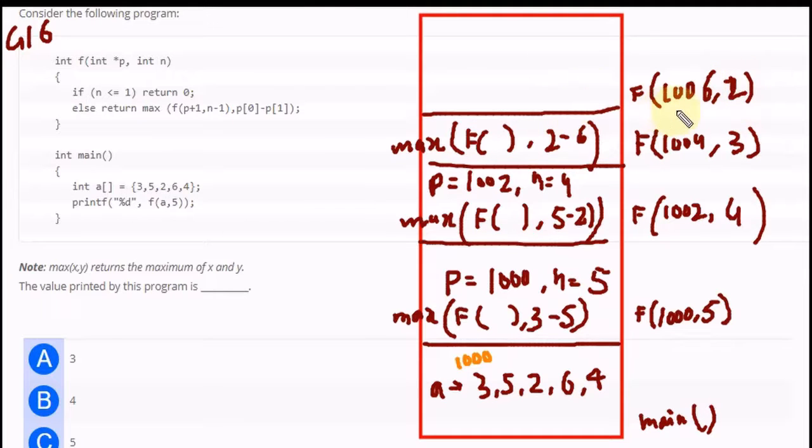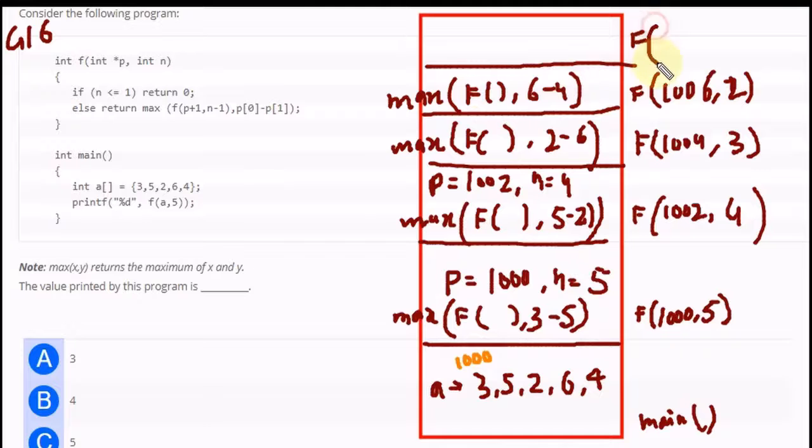Now the value of p will be 1006 and n will be 2. Again this condition is false, so we will be returning the max of the value returned by function f, and 6 minus 4. Again we need the value returned by function f. The updated value will be 1008 and n will be 1.